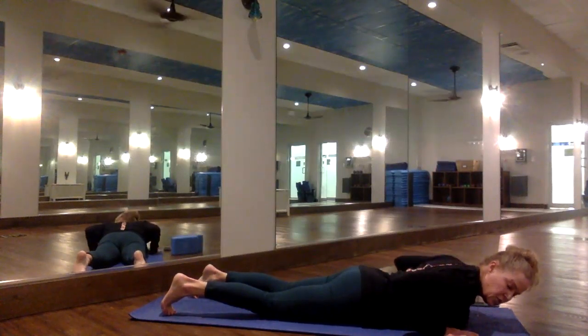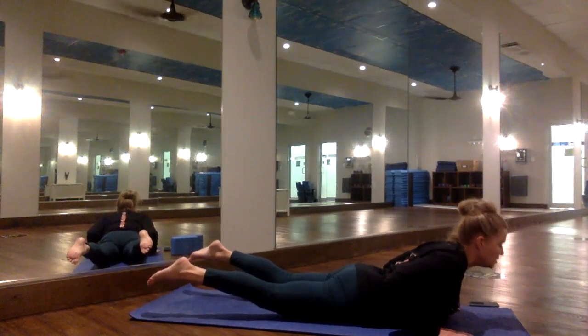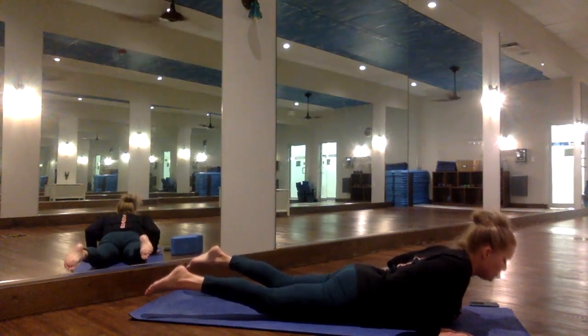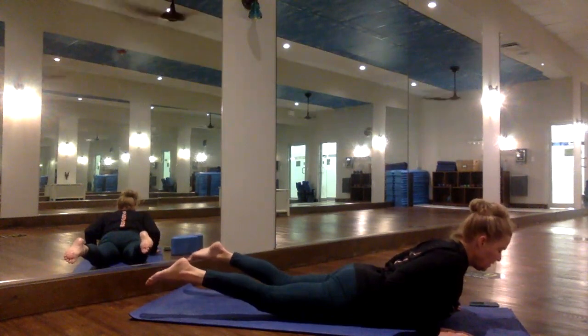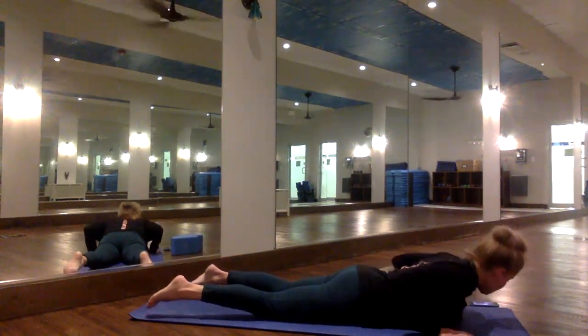This time we're going to go up with upper body and lower body. Hands can go to the chest or they can stay in the forearms. Here we go, rising the heels, rising the shoulders, lifting the chin, squeeze the glutes, inhale up, exhale down. Inhale up, exhale down. Give me 1 more, squeeze up,